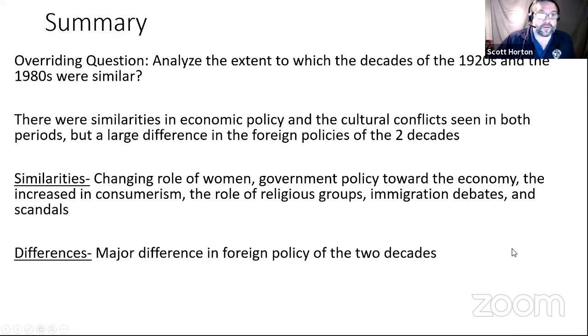So debrief. Analyze the extent to which the decades of the 20s and the 80s were similar. Just a reminder, we talked about a lot of similarities. If this was our question, a potential thesis might be: there were similarities in economic policy and the cultural conflicts seen in both periods, but a large difference in the foreign policies of those two decades. I'm not going to rehash all the things that we talked about, but my argument would obviously be that there were way more similarities and these were more important than the differences, if this was actually an essay question